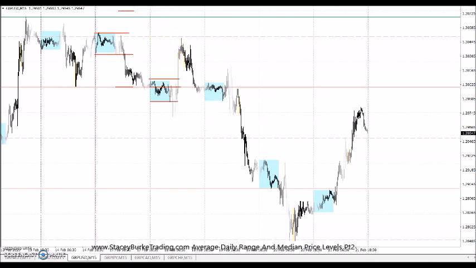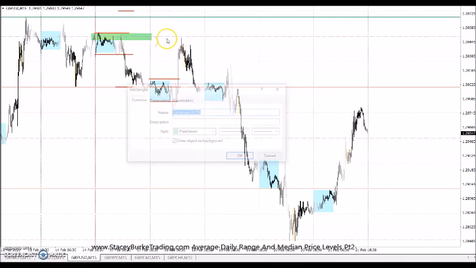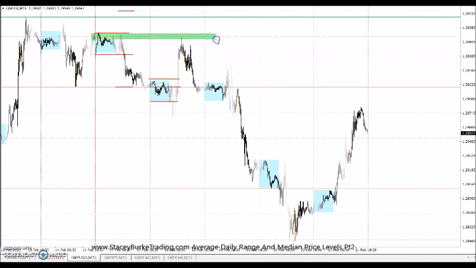Now we talk about using round numbers. On Monday, we were inside of the 50 box high, and you can see the market hit it, hit it, hit it, and then it dropped down to the double zeros. They dropped it 25 pips below the double zero box before they went back up and hit the stops from Monday's trade.